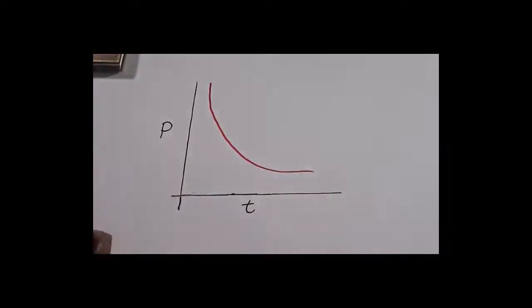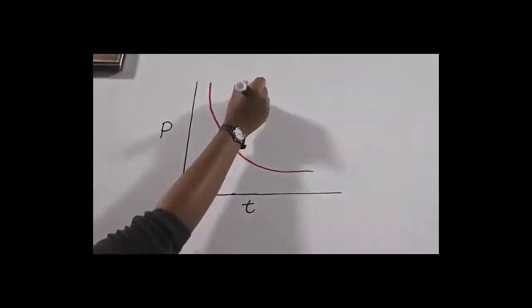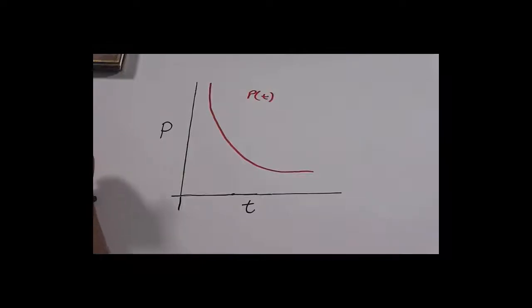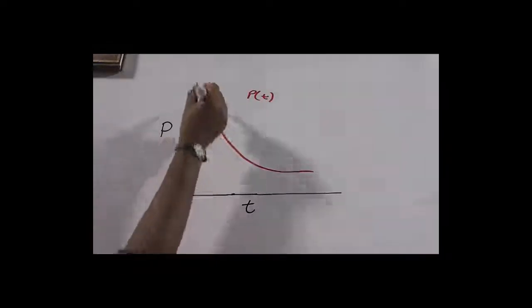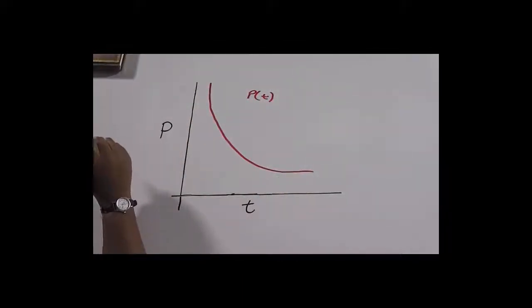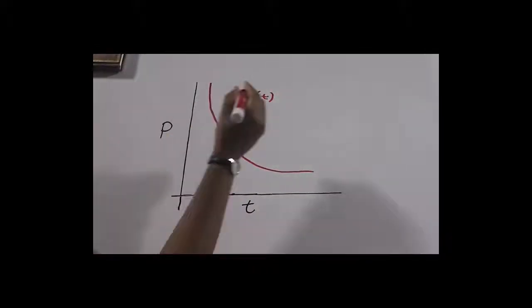So it looks something like this. So we can tell that the function P of t is decreasing. So the first derivative